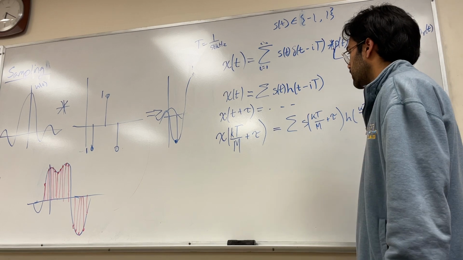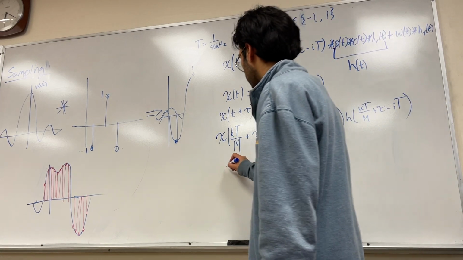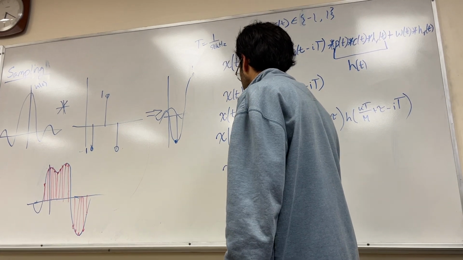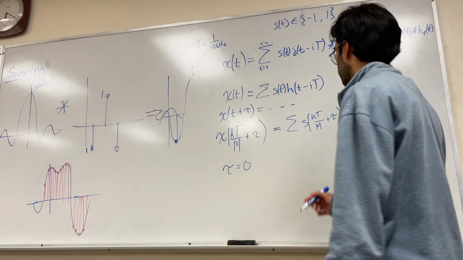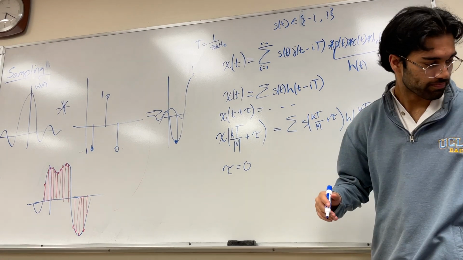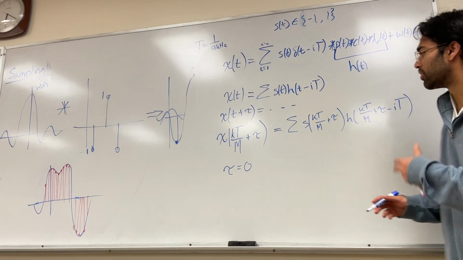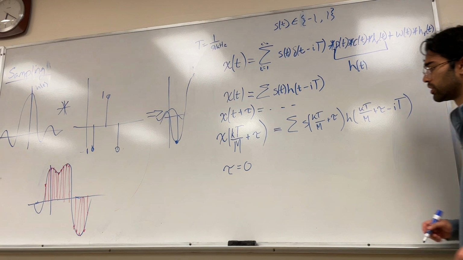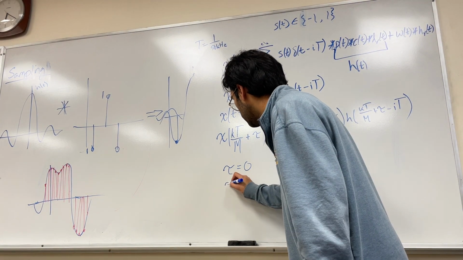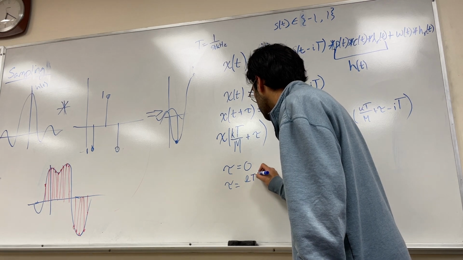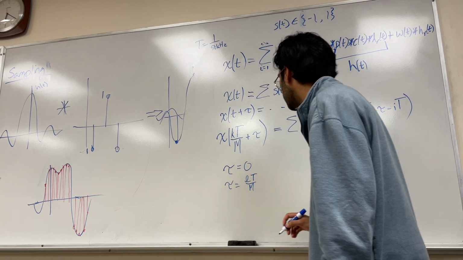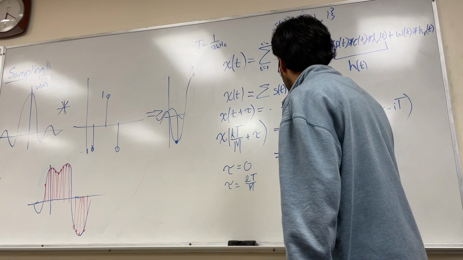Right? And so looking at this, we can see that, of course, if tau equals 0, we have no problem, right? We'll be sampling the right points. And again, if tau equals some integer multiple of T times m, then this equals the summation